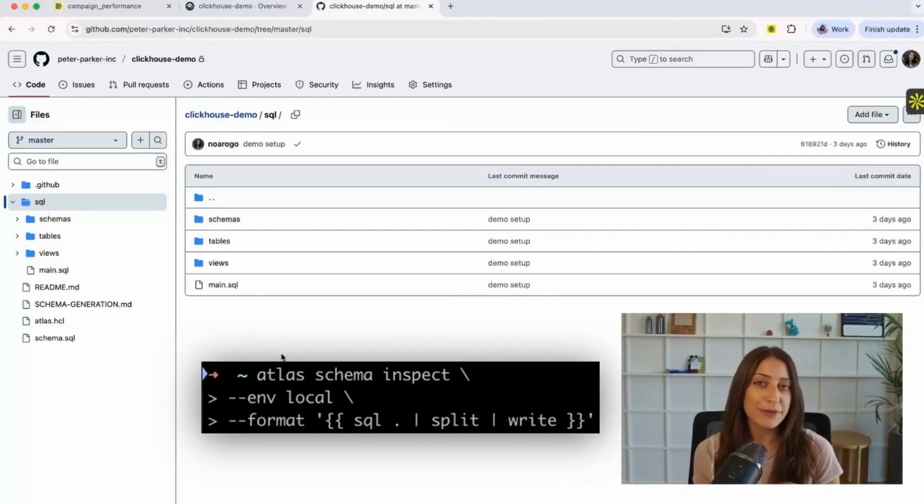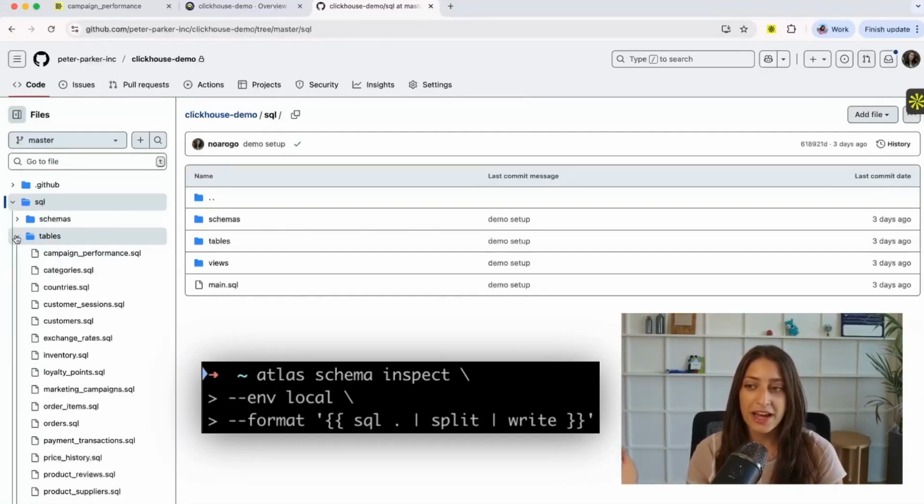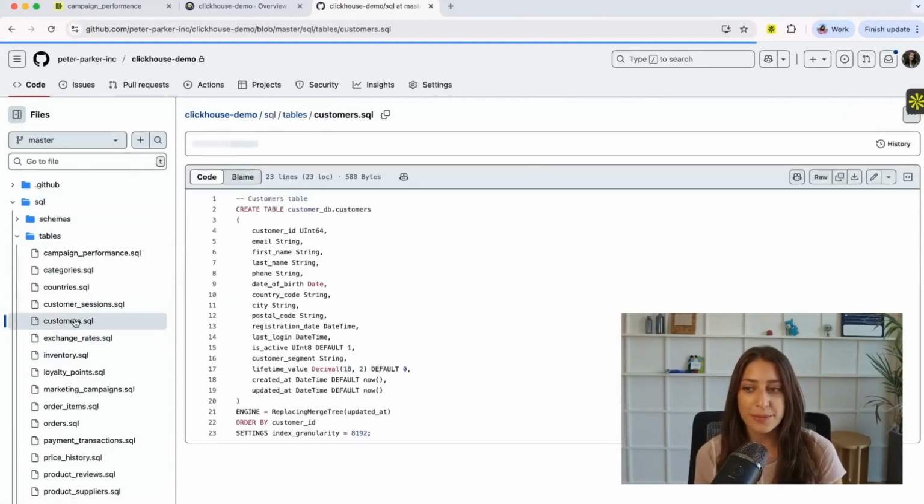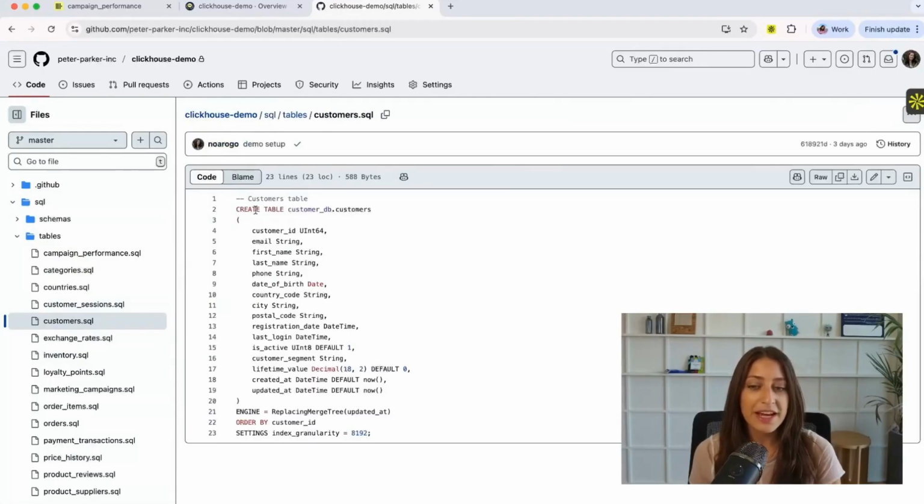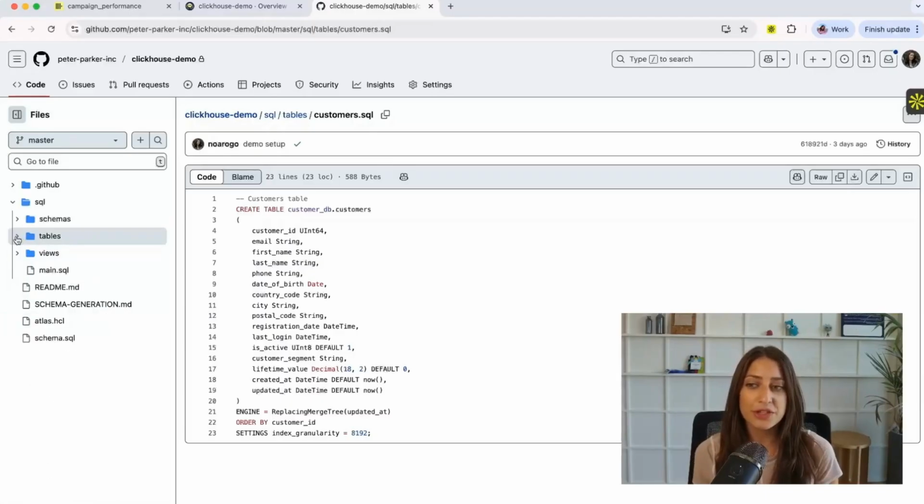But with the split and write functions in the Atlas schema inspect command, I'm able to split this up by object in my schema and create a file for each one, and those get organized by object type into these folders. So for example, I have this customers table. It gets its own file definition, and when we want to make changes to our schema, we can just make these changes in their designated files, and this is how we create our desired schema state